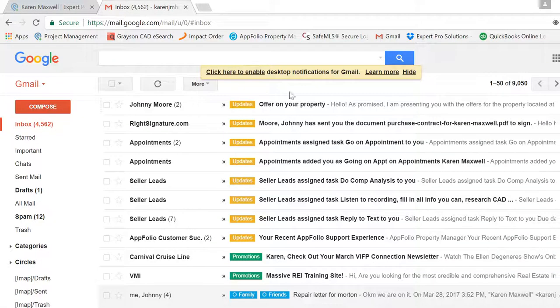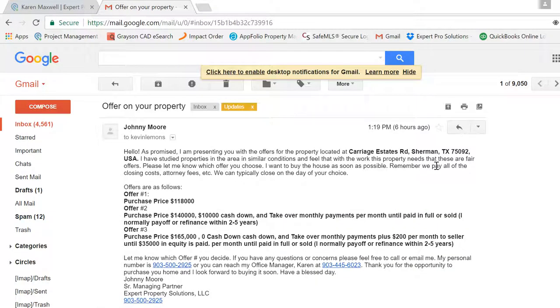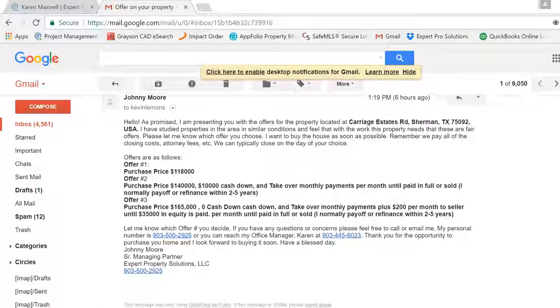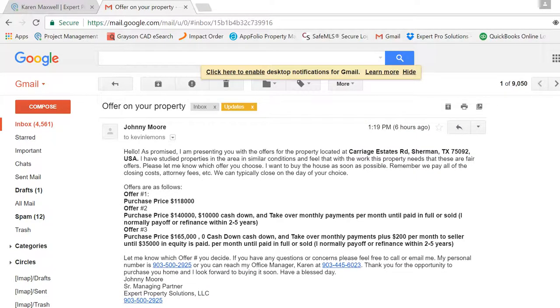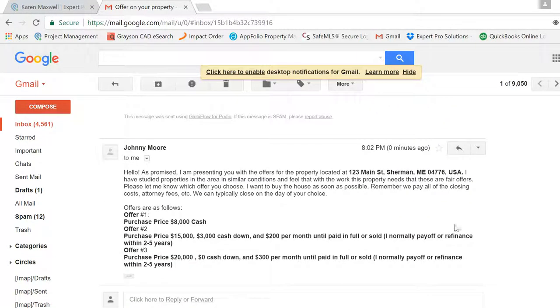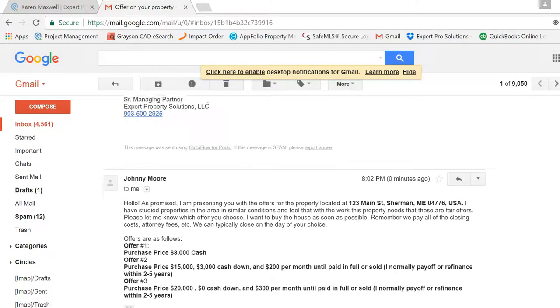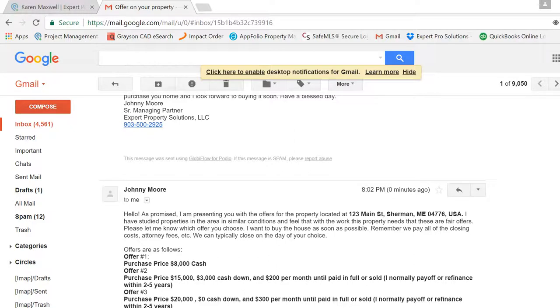Here's the email. It says, hello, as promised, I'm presenting you with offers. Oh, I'm on the wrong one. Let me go to this one. There it is. Okay. For 123 Main Street in Sherman, I've studied the property. Please let me know which offer option you choose. Offers are as follows. Offer 1, purchase price of $8,000 cash. Offer 2, purchase price of $15,000 with $3,000 down and $200 a month until paid in